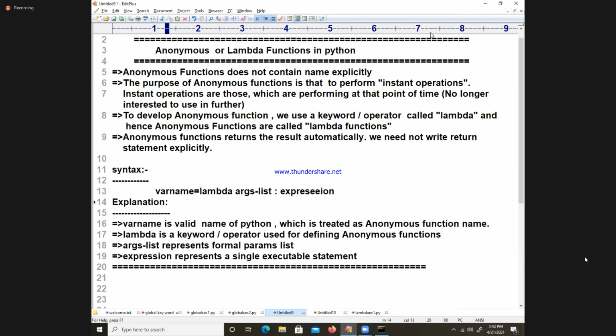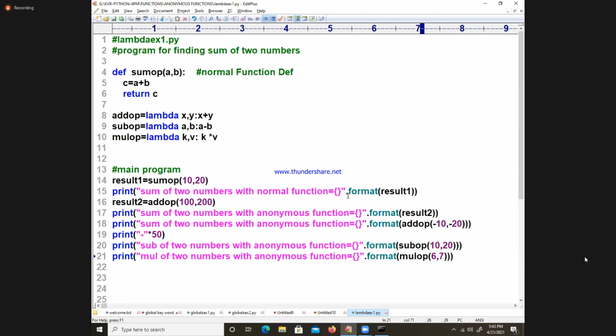Some person is asking about the global variables concept. What I am explaining here is the argument list: do the operations with the argument list. If you want to use any global variable, you can use it because it's also part of the function, no problem. Local and global variables, you can use them. That person who was asking, that message scrolled up immediately. Okay, write down next. One more function example, you write it. Define a lambda function.